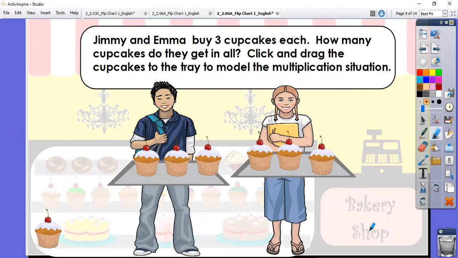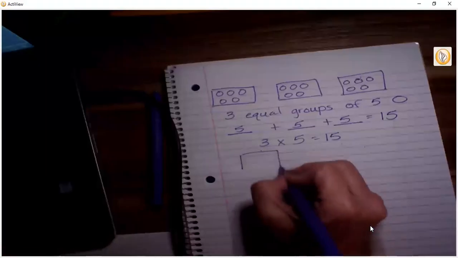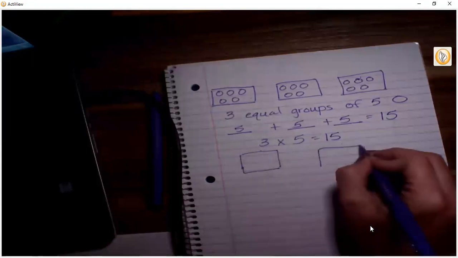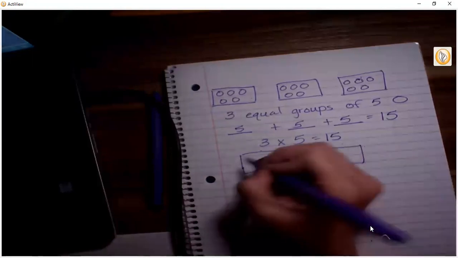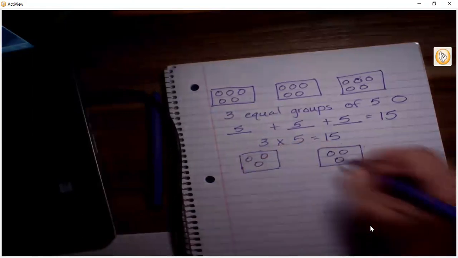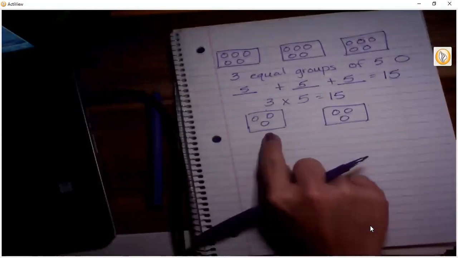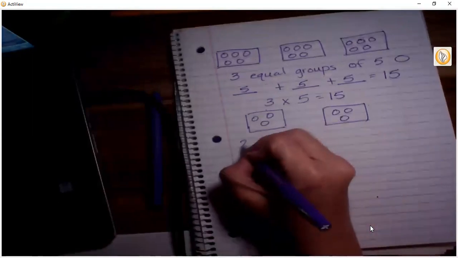Okay, Jimmy and Emma buy 3 cupcakes each. How many cupcakes do they get in all? So here we have 2 kiddos. I'm going to represent that with my shapes again, and they got 3 cupcakes. Remember, my pictures don't have to be perfect. They just have to be a representation of what's happening. How many groups? 1, 2. 2